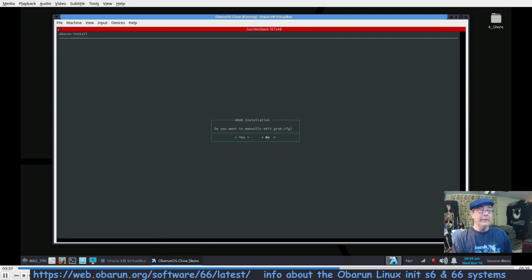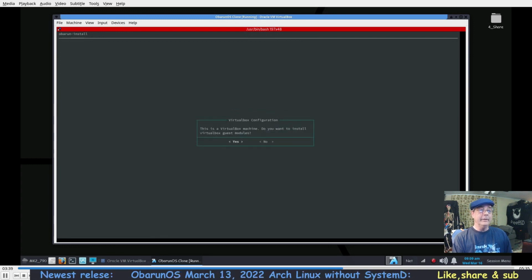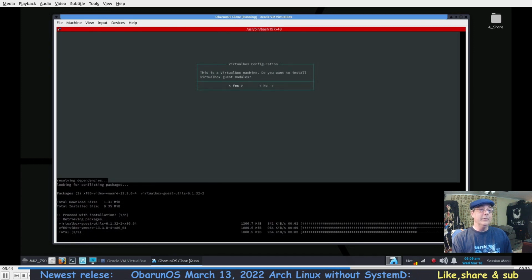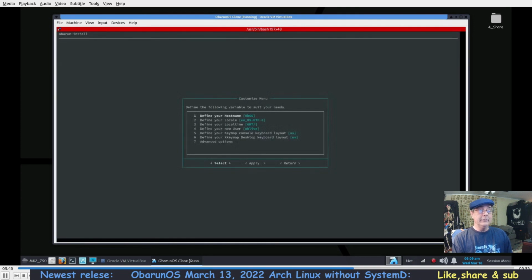Do I want to manually edit Grub? No. If I do, I'll do it later. I love this feature as well. It recognizes we're in a VirtualBox. It gives you the option to install